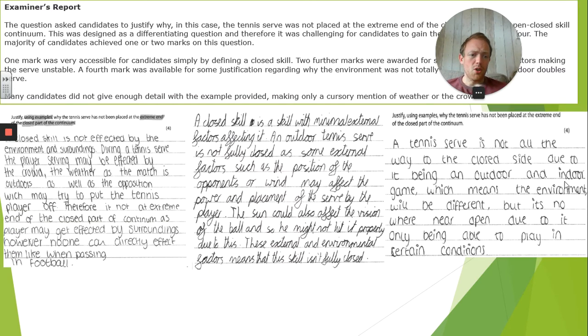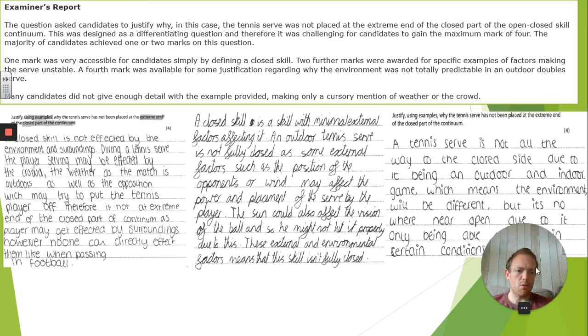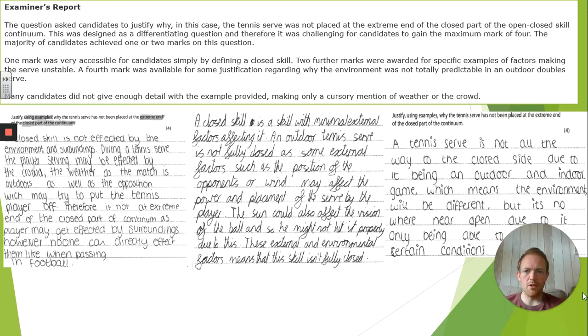So we're going to look at the examiner's report first to try and get our heads around what we need to do in this question. And then actually what you're going to do is mark 3 different answers that were on the exam. I think this was from last year. So I'm going to read through it. If you don't want to listen to me read through it, pause me and read it yourself. Okay, so the question asked candidates to justify why, in this case, the tennis serve was not placed at